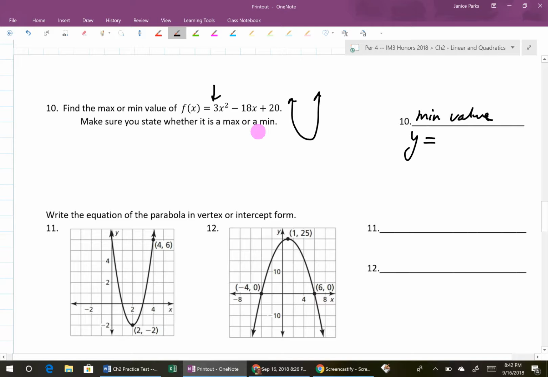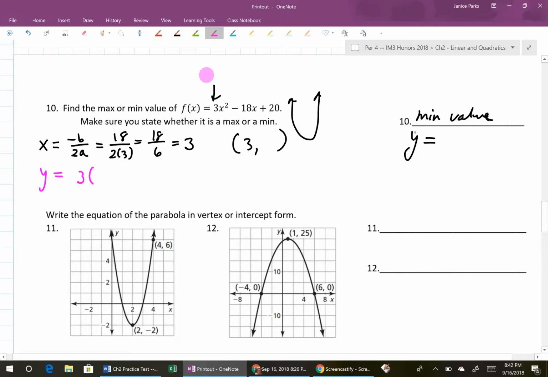So I need to find the vertex. So x is equal to -b over 2a, which is going to be 18 over 2 times 3. So 18 over 6, which is 3. So the x value is 3. I need the y value. So the y value is going to be